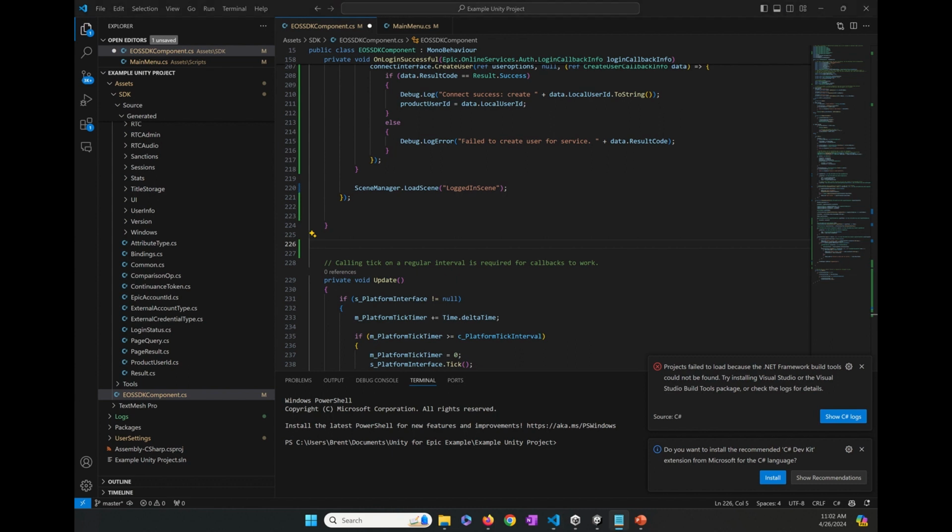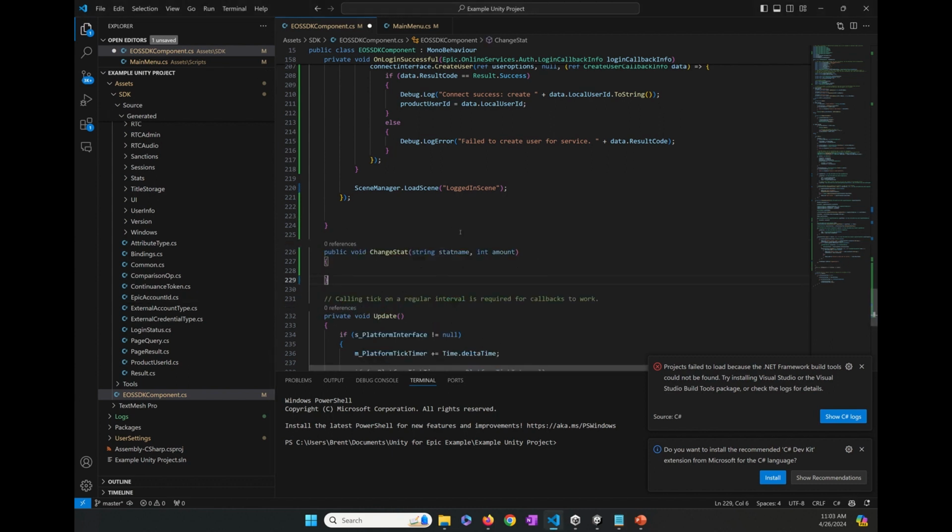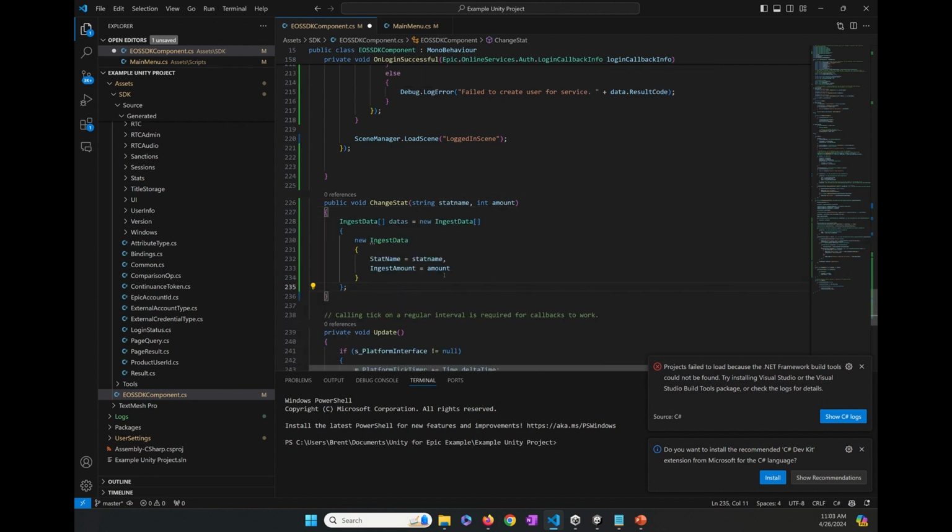So back in my EOS SDK script, I'm going to create a new method called ChangeStat. It'll take a stat name and then an integer for how much it's going to change. And within that, I'm going to create an array of this ingest data object. In my case, for my game, I'm always just updating one stat at a time. You can update multiple, but I'll go ahead and set the stat name and the ingest amount to the parameters